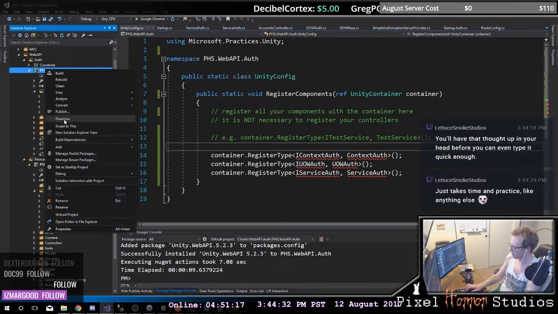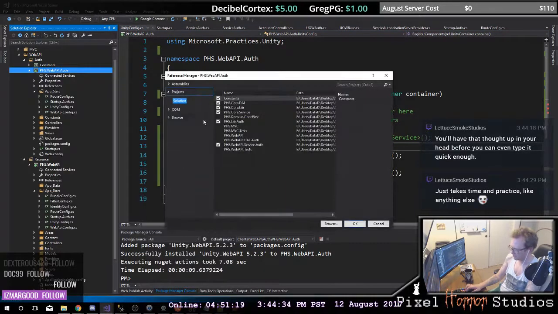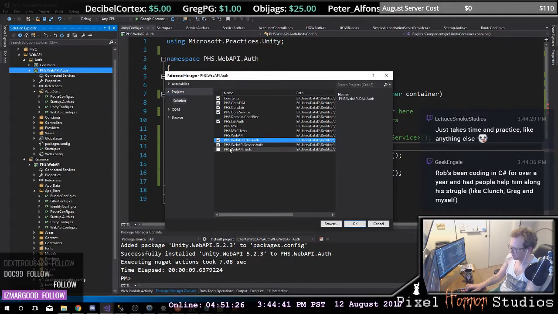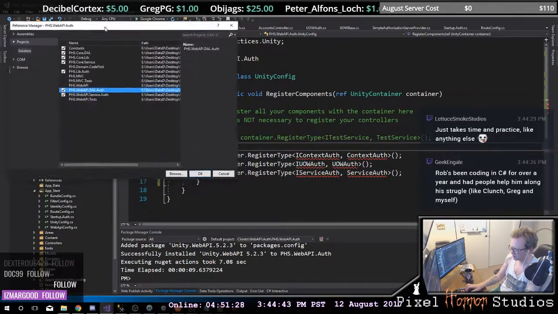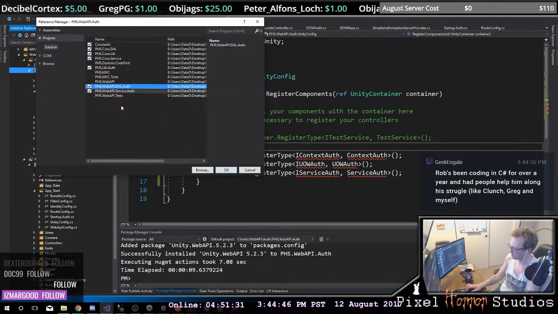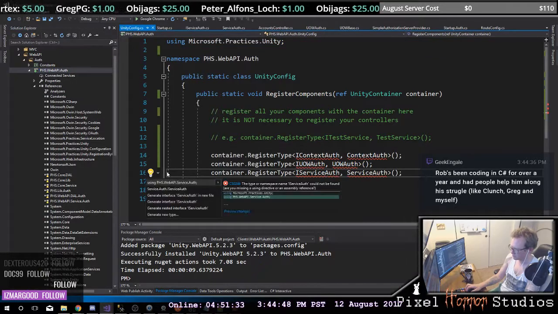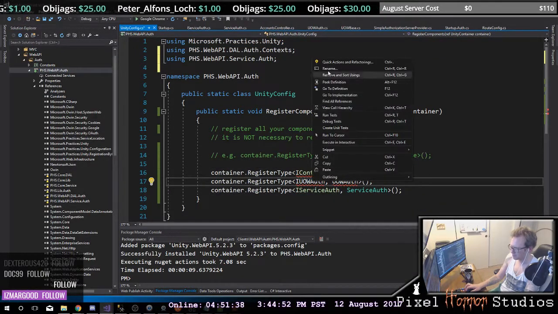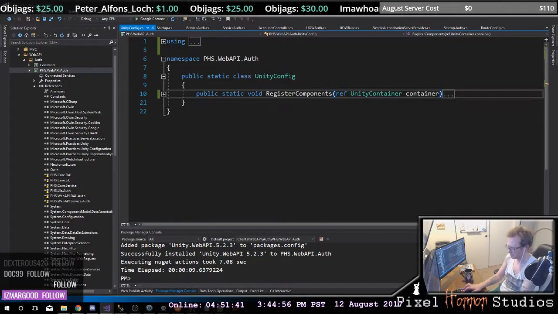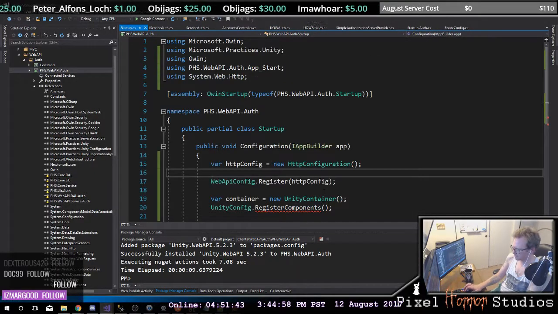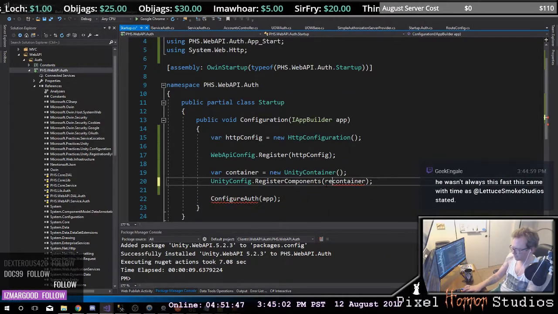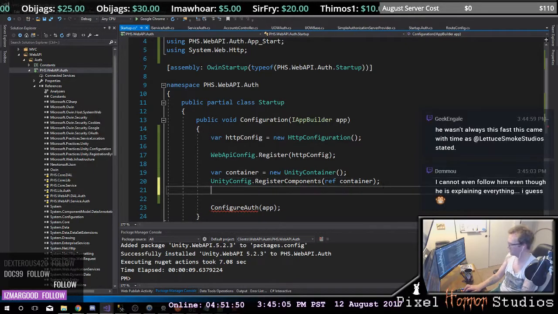So here in your... now you need to add in some references to your context auth, your services auth, and your unit of work auth. So those. Okay. And now that we have that container defined,